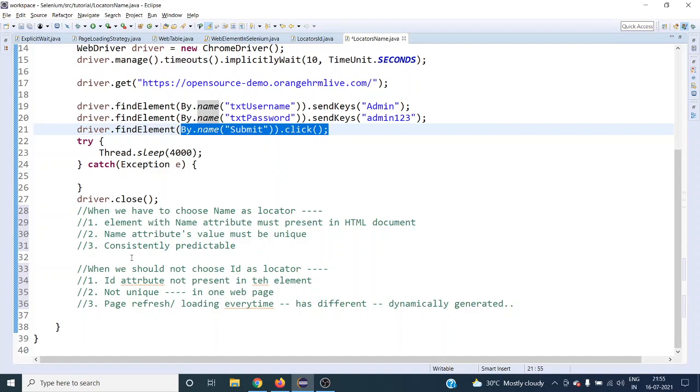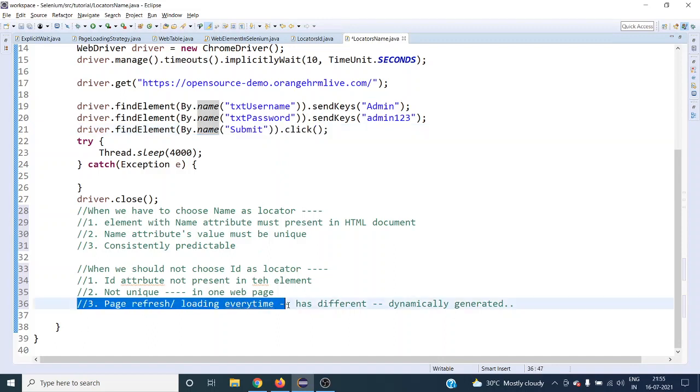And when we should not go for this, the first condition is when the name attribute is changing every time the page is refreshed or loading, it should not happen. If that happens, you should not go for this attribute, right? The second is when the name attribute is not present in the element.